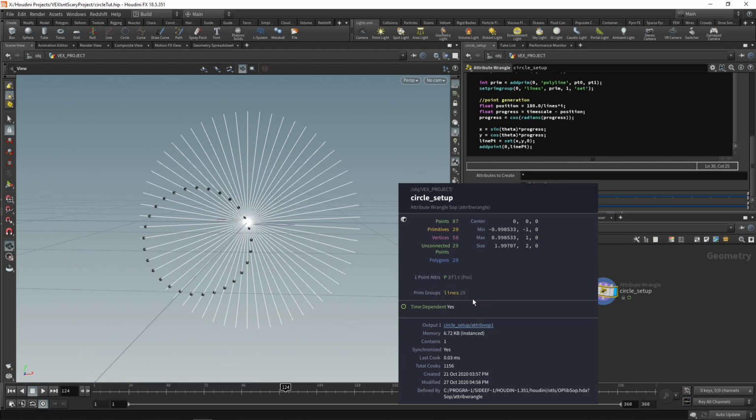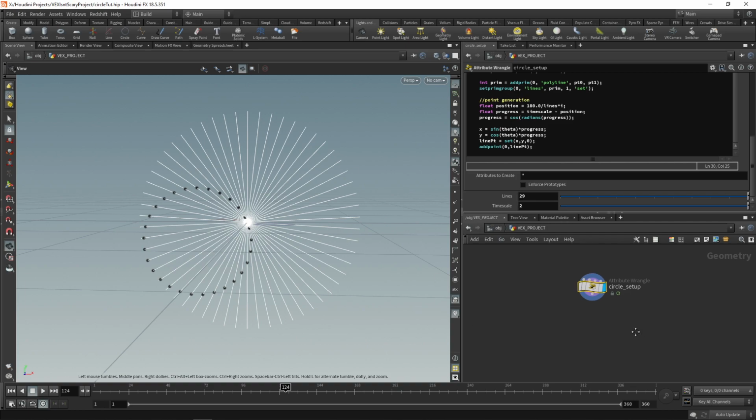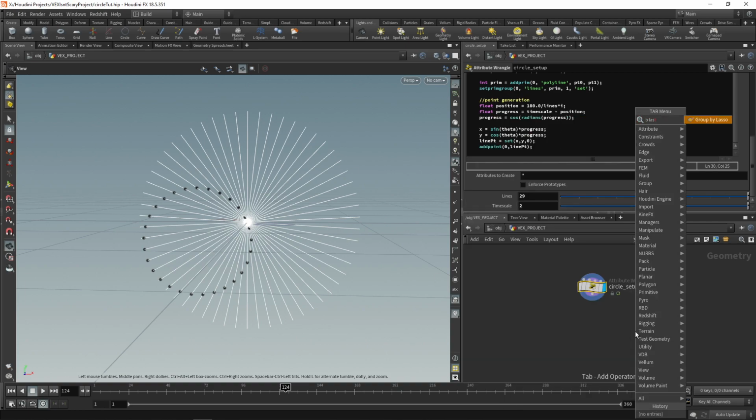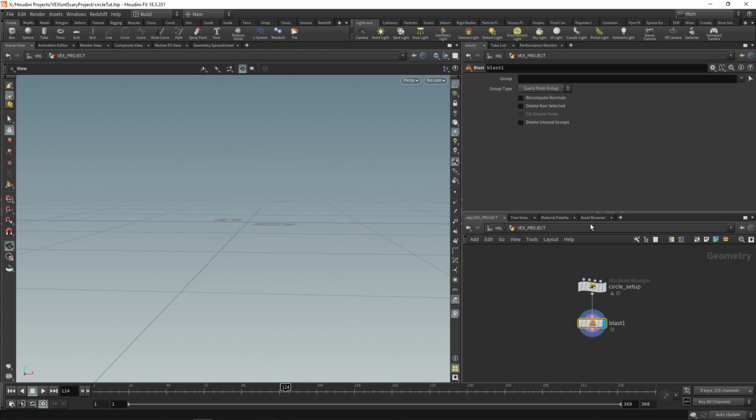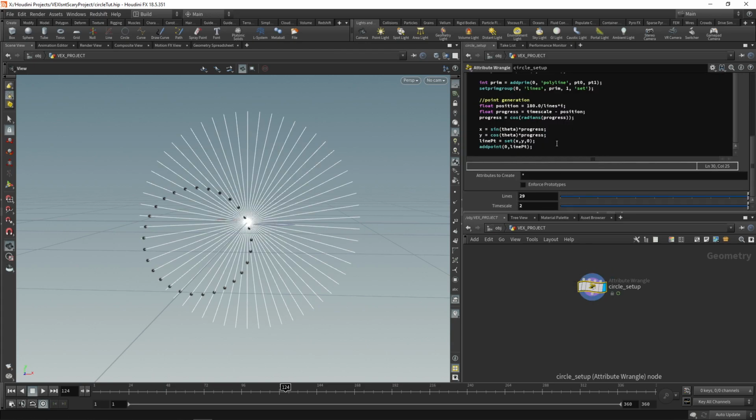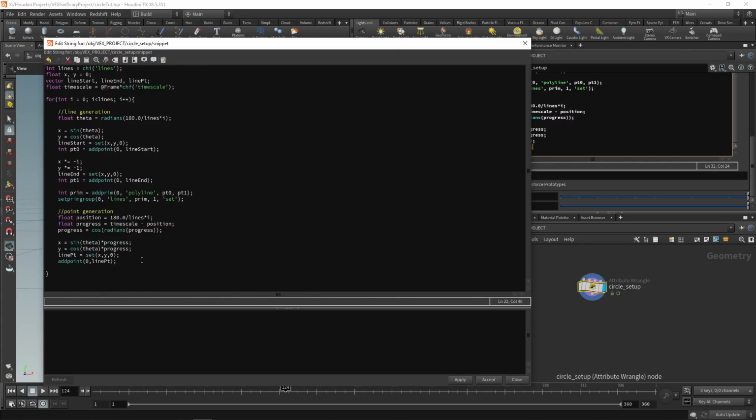So we've created a lines group that has all of our lines in it, which makes it very easy to do something like a blast, where we blast away just our lines. So let's also group our points, but obviously those are points and not primitives, so we do that a bit differently. Over here, we can add an int, and we can call it pt2, because we have pt0 and pt1, so pt2, why not? And now what we can do with that is set a point group, and once again,